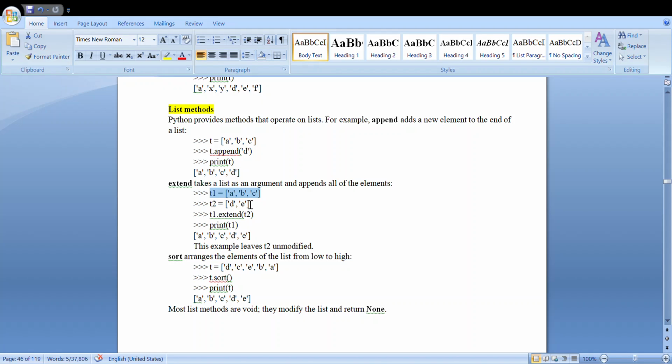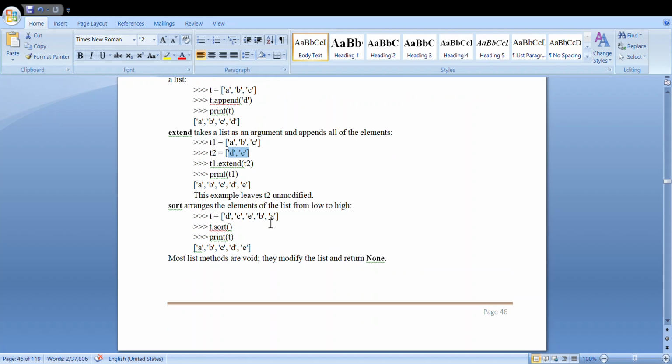It is something like concatenating T1 with T2. After applying T1 dot extend T2, if we print T1, we get ABC, list 1, plus list 2, that is DE. And if you print T2, it remains DE only, unchanged.